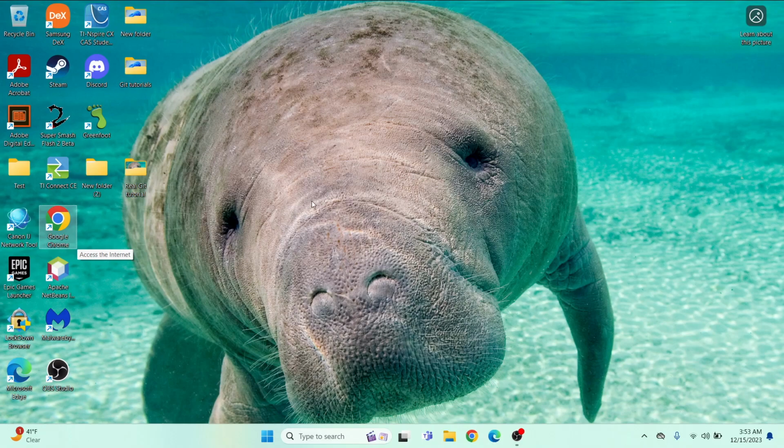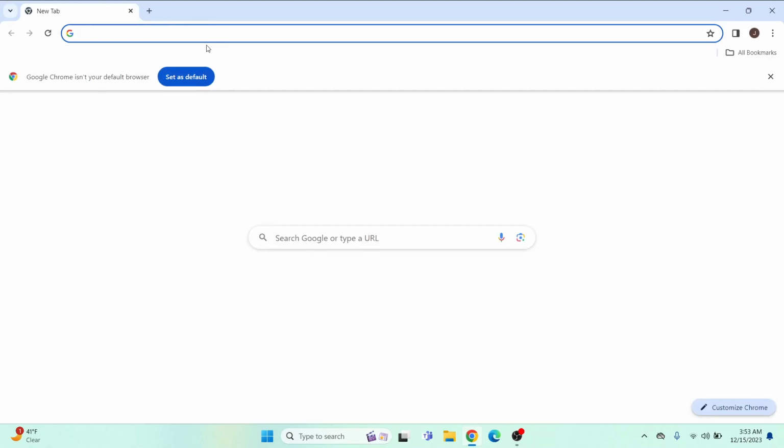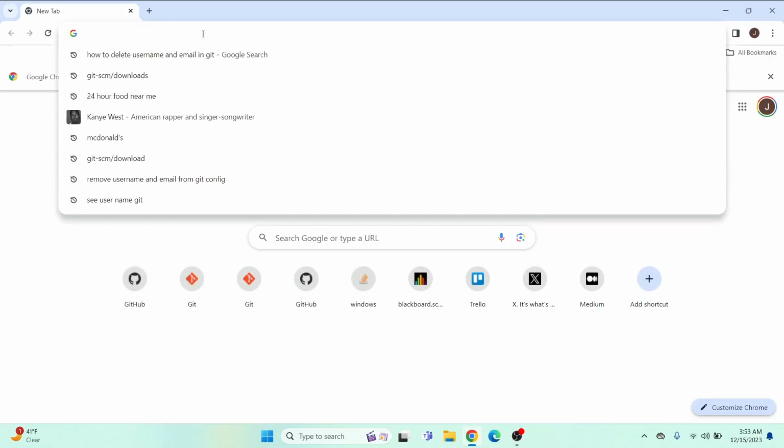My name is Jonathan. In this tutorial, I'll show you a step-by-step process for downloading and setting up Git. To get started, go to your web browser, and then, in the search bar, type the following: